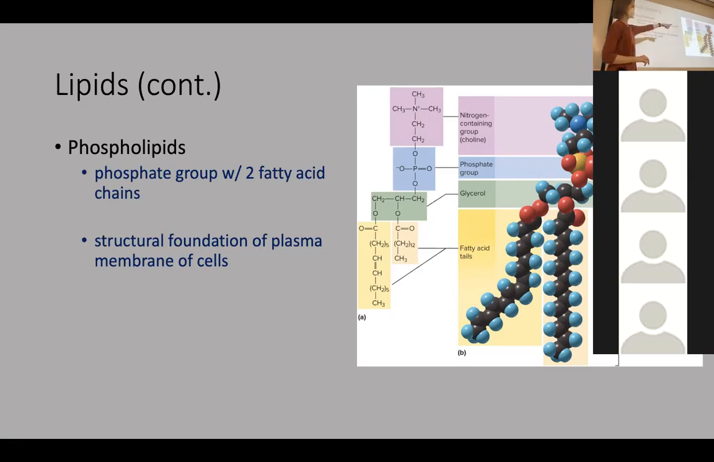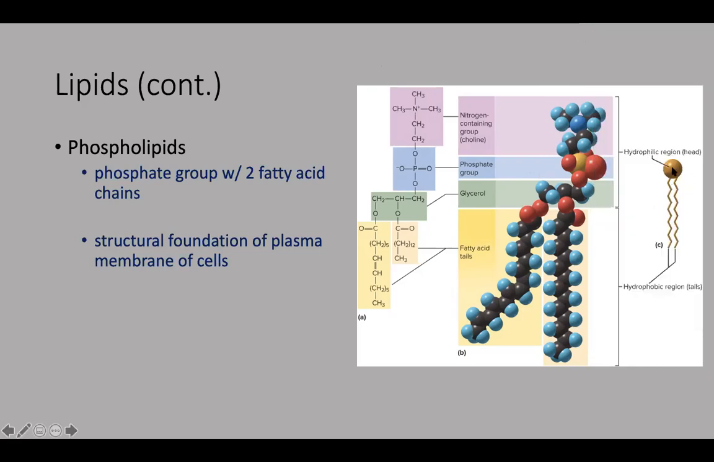And you'll often see phospholipids drawn like you see over here, just a simplified version with a head and 2 tails. So this would be the phosphate, and then this would be the 2 fatty acid tails coming off of the bottom there. So the head and then 2 tails. And I'll talk about the hydrophilic, hydrophobic in the next chapter when we get into the beginning of the next lecture here. All right. Yeah, structural foundation of the plasma membrane of cells. So phospholipids,